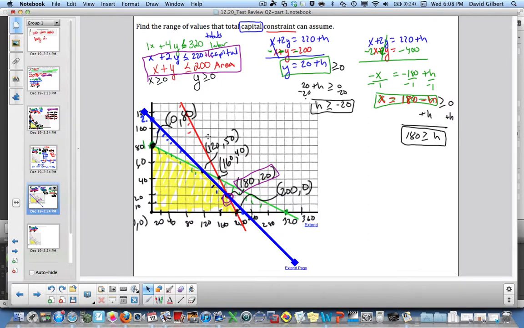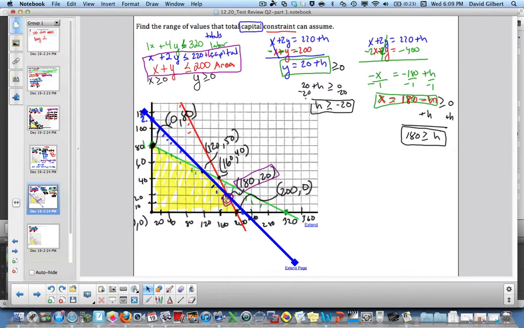So, if there were only two lines, if we only had the x-axis, the y-axis, and then the red and the blue, and that was our entire system, we'd be done. H would have to be between negative 20 and 180. Since there's this third line, there's another constraint on h that we have to consider, because if we change h